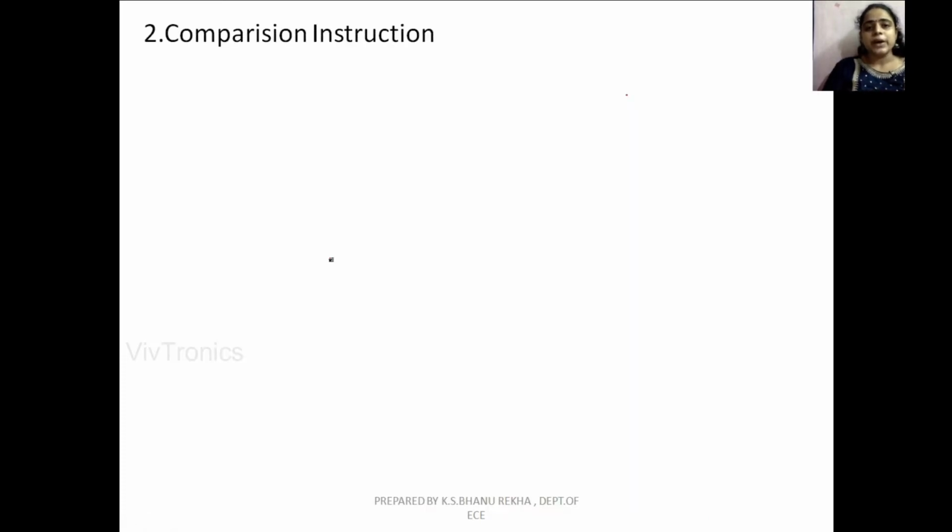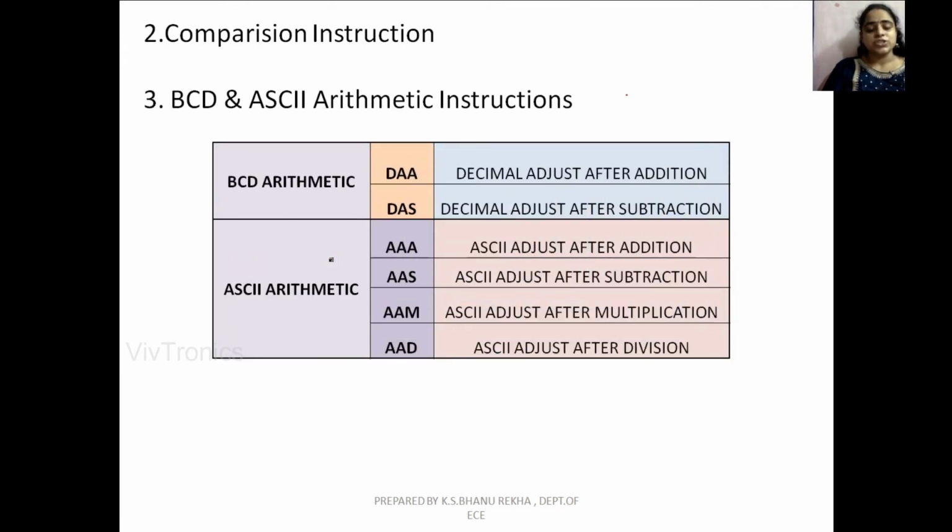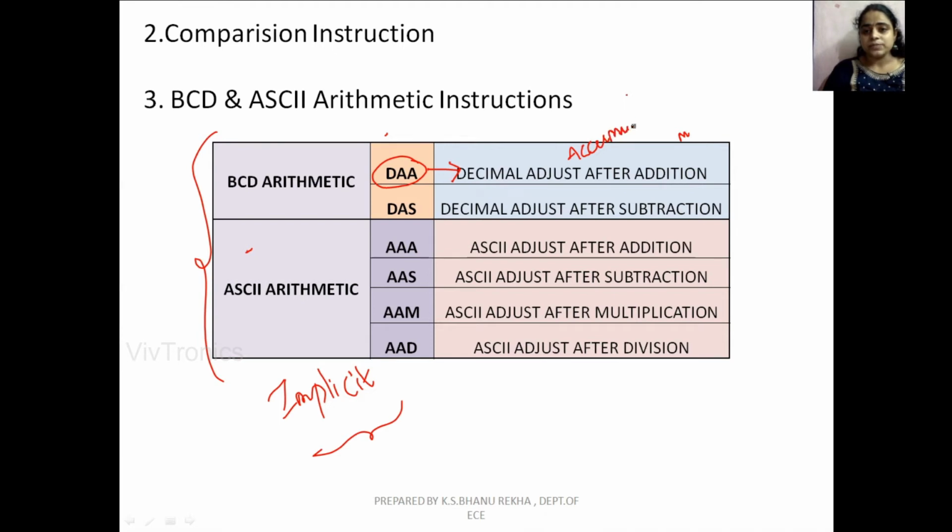Next is comparison instructions, and third is BCD and ASCII arithmetic instructions. These are all implicit instructions of 8086. DAA stands for decimal adjust after addition, that is, decimal adjust accumulator after addition. DAS stands for decimal adjust accumulator after subtraction.